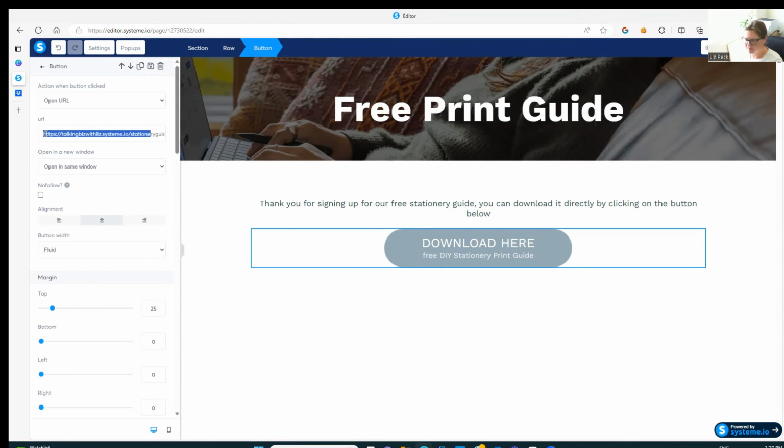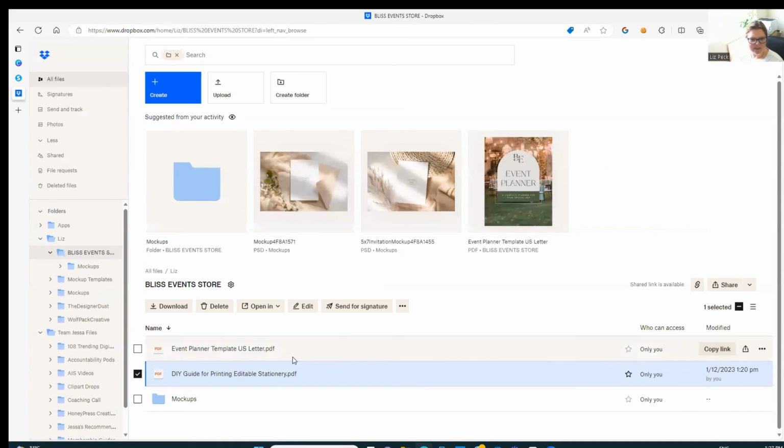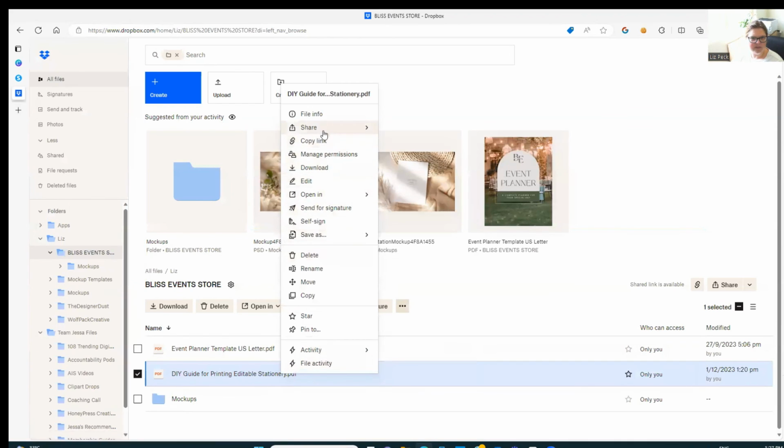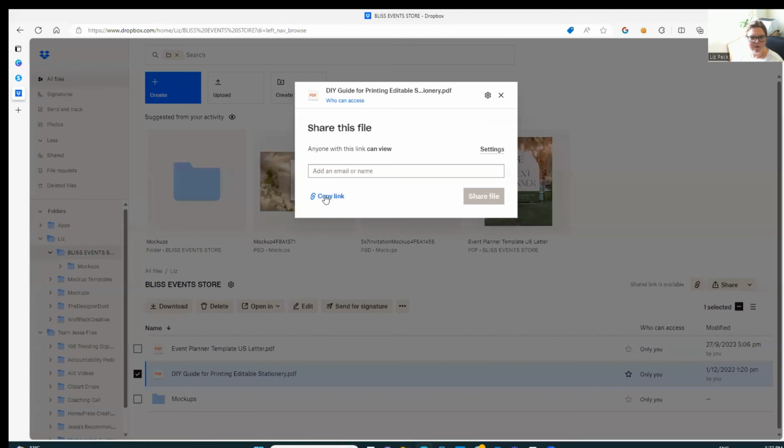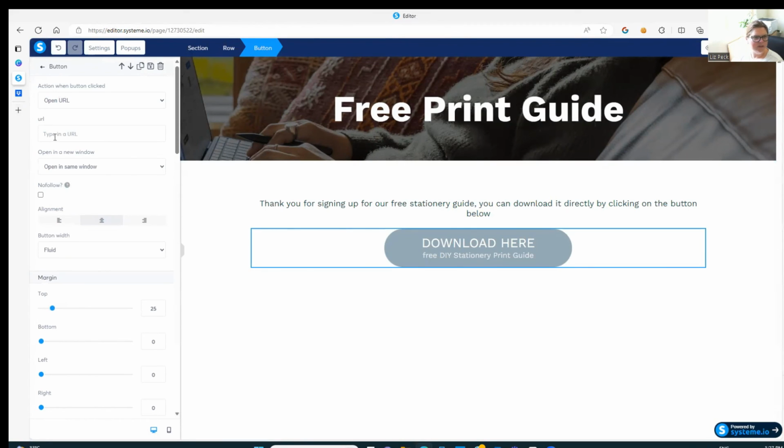Oops, I thought I still had that saved, but I did not. We need to grab that URL again from here. So share with Dropbox, copy the link, go back to the system, and we're going to paste that in there. And we're going to say open in a new window. And we're going to save the changes, exit out of here,